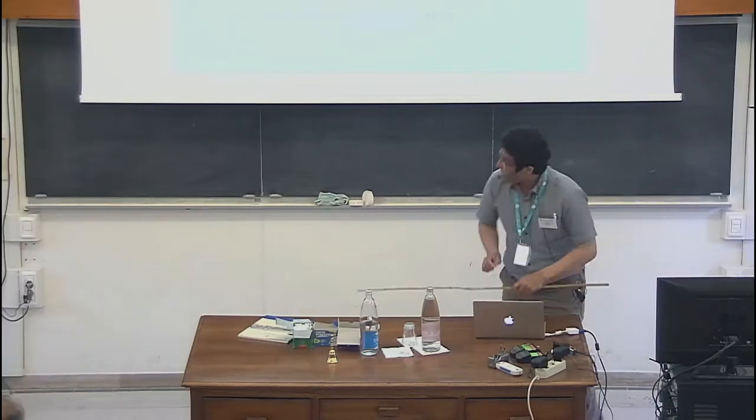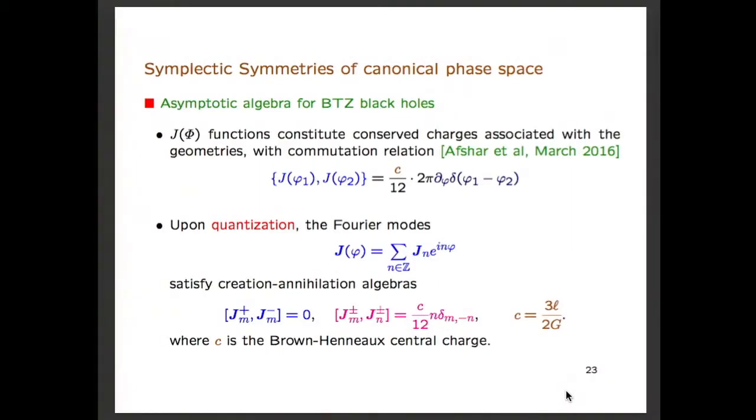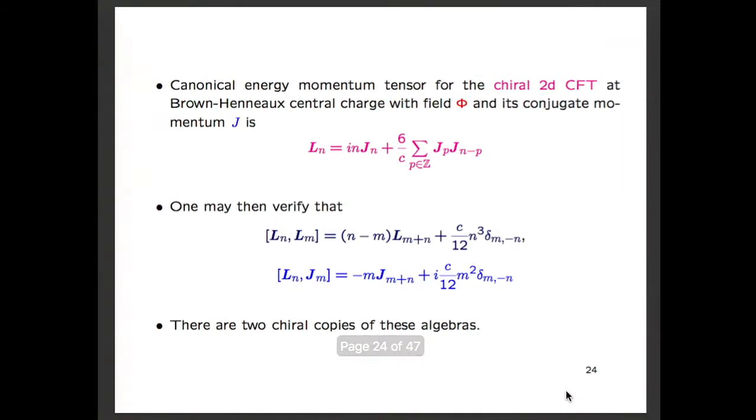Well, the basic algebra that I get, this is my symplectic symmetry algebra, is this. But given this, I can construct a Virasoro algebra out of that. It's a U1 algebra, but if you ask what's the physical meaning of the Virasoro generator, at the level of geometry, this is